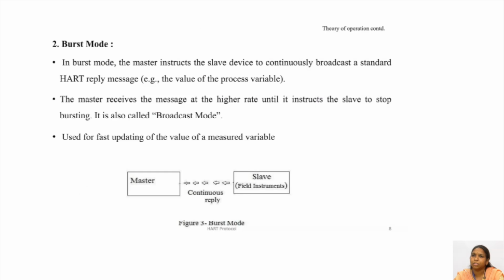Burst mode. In burst mode, the master instructs the slave device to continuously broadcast standard HART reply messages. Example, the value of the process variable. The master receives the message at a higher rate until it instructs the slave to stop bursting. It is also called broadcast mode, used for fast updating of the values of a measured variable. So, this diagram shows a burst mode where the master and the slave have a continuous response on the